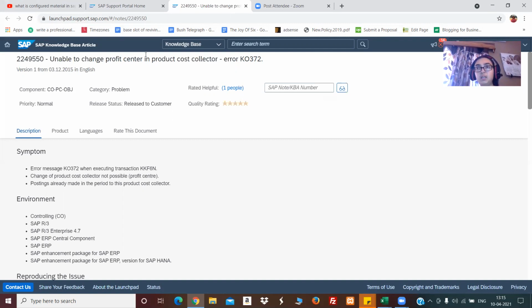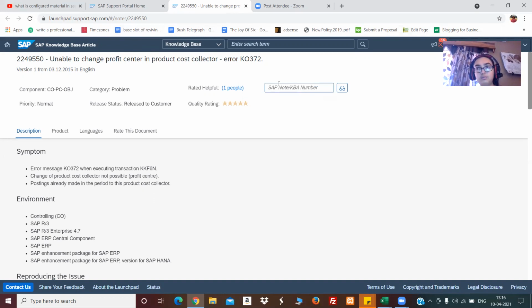OSS ID is something wherein your project introduces you to the SAP vendor, mentioning that this is the project for which SAP provides support, and we are the representatives from our project. So an ID should be created for that.